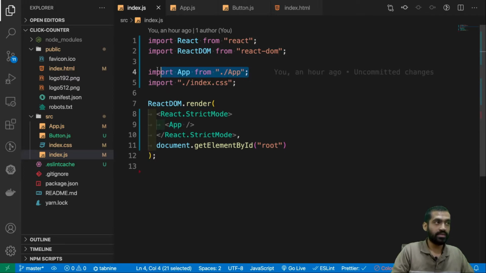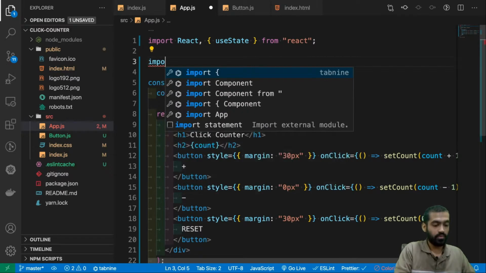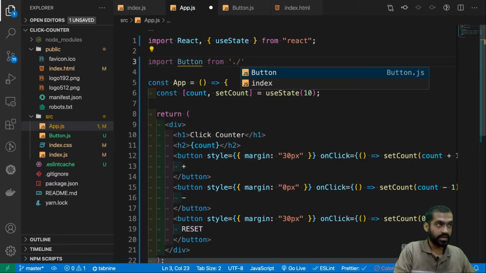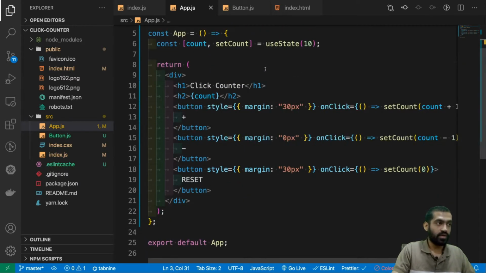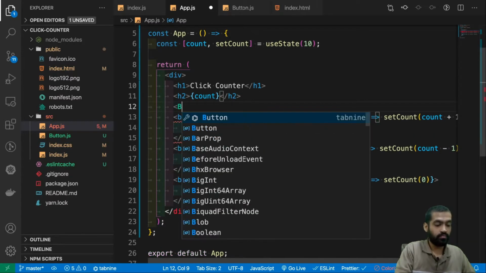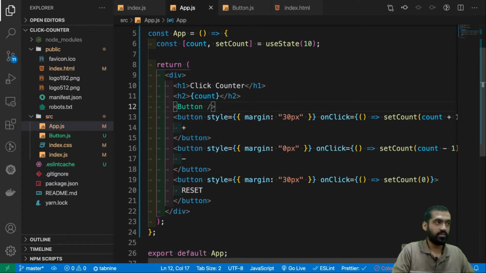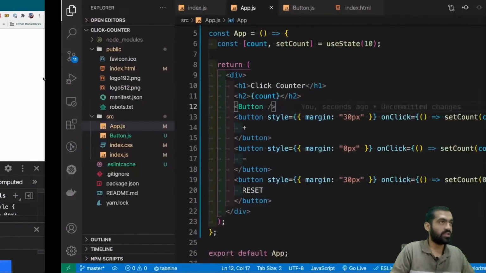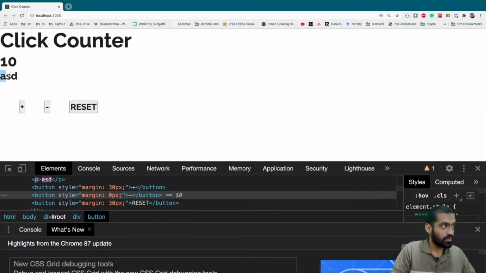Now let's go to the app.js and import this Button component, this button file, as we imported this app file here. Let's see how this works. We'll leave a line here, import Button from ./button. Inside this folder we have a button file, and do we need to give it a JS extension? No, because JS is always recognized, right? Let's add this Button tag somewhere here as we added the App tag, and let's make it self-closing. Let's see what's happening here. Yeah, we see a paragraph called button, which is this. Cool.